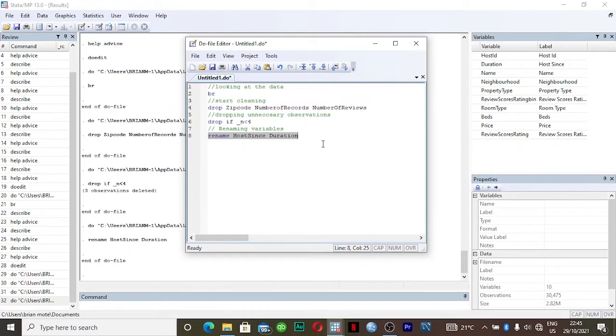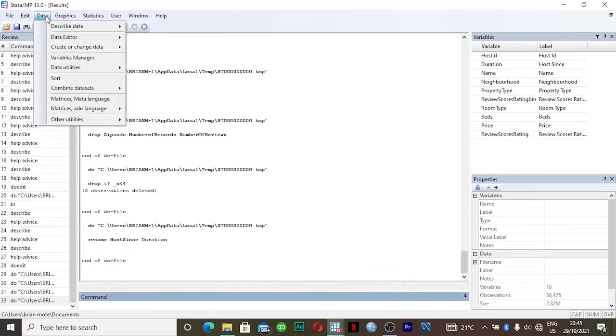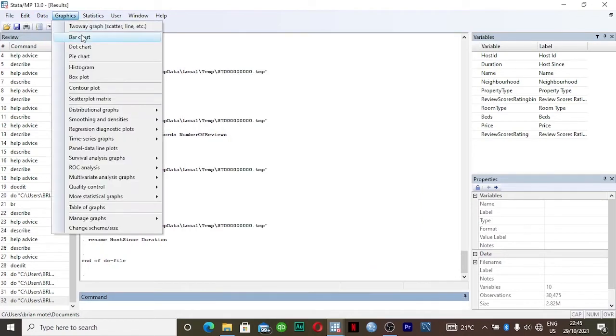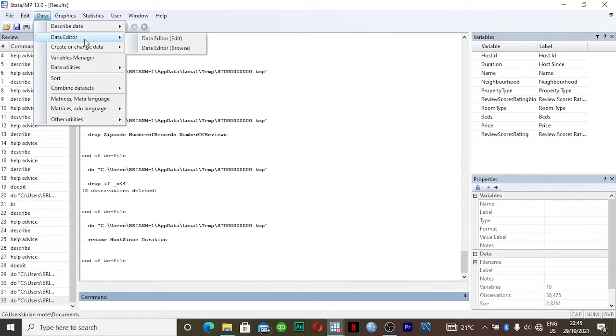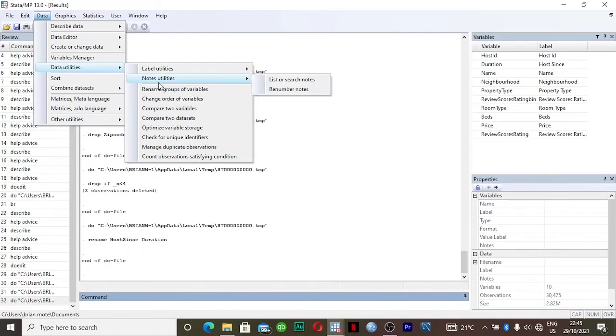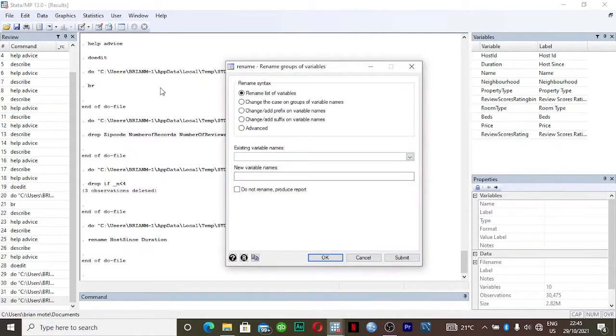Now assuming you want to rename multiple variables, since sometimes you may want to rename all of these. Personally, I do not do that with commands, since I find it very tiresome. So just go to Data, Data Utilities, and go to Rename group of variables.